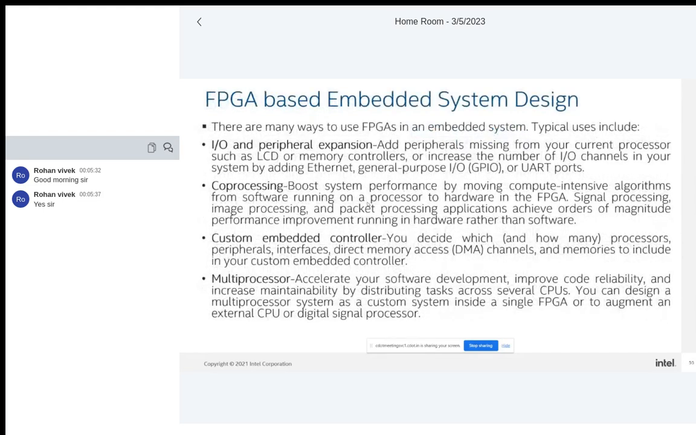And why do we need to use FPGA based embedded system design? That means, why do you want to use FPGAs for performing a high speed embedded computing platform? What is the greatest advantage of using FPGAs for embedded systems? The first important advantage is IO and peripheral expansion, because you have more number of input outputs available on the FPGA side. So you will have more number of